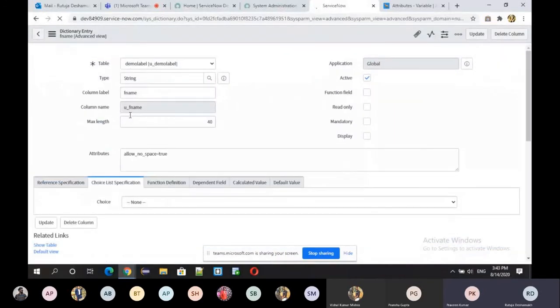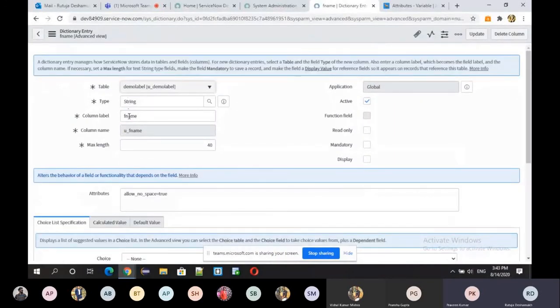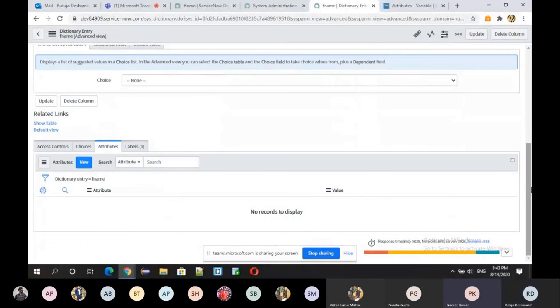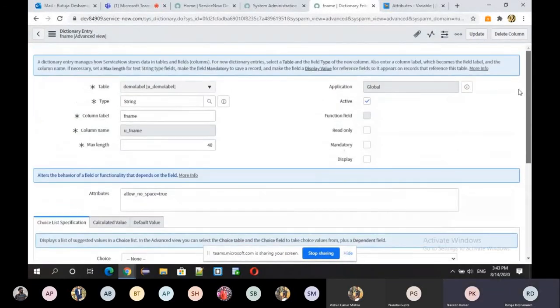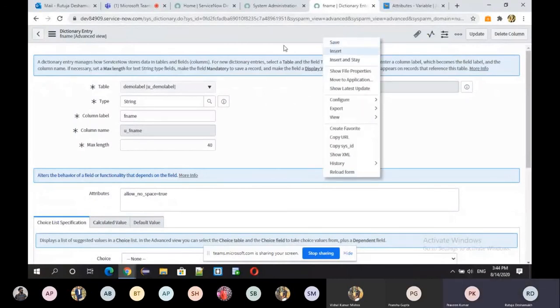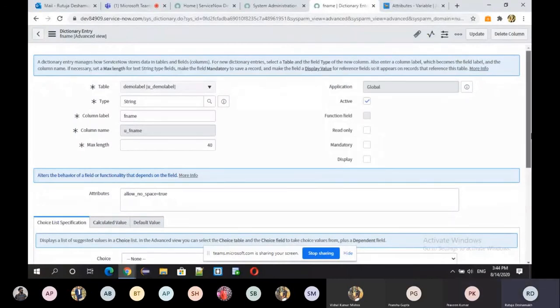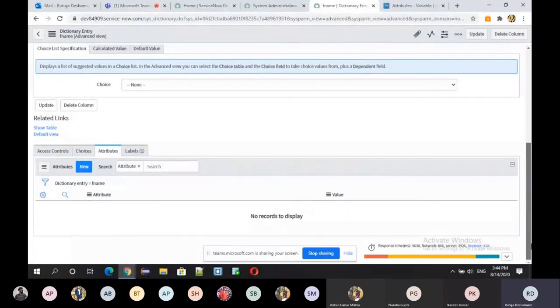Now I should enter some space here and update it? No, not here. Try at your form level. You are in the dictionary. Yeah. Form level.